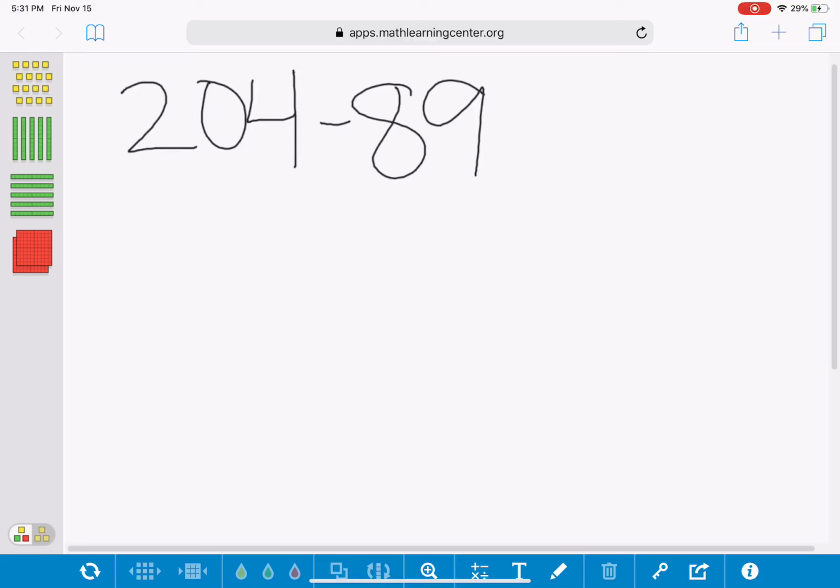NC.2.NBT.5, which states that students will be able to demonstrate fluency with addition and subtraction within 100 by flexibly using strategies based on place value, properties of operations, and or the relationship between addition and subtraction. For the 3rd grade strategy, I'm doing expanded form, which is based on the standard